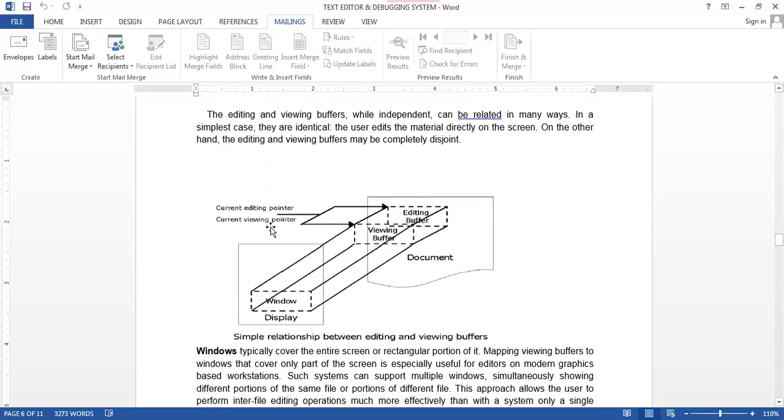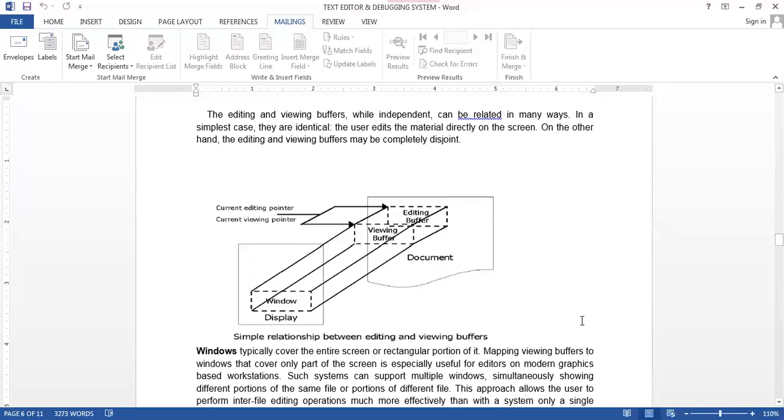Seeing the current viewing pointer that we want to view, whatever we are editing is equal to what we are viewing. Later on that will be displayed on our final window screen. So there is a simple relationship between the editing and viewing buffer, because what we want to edit will be visible on our screen. Only the position differs.